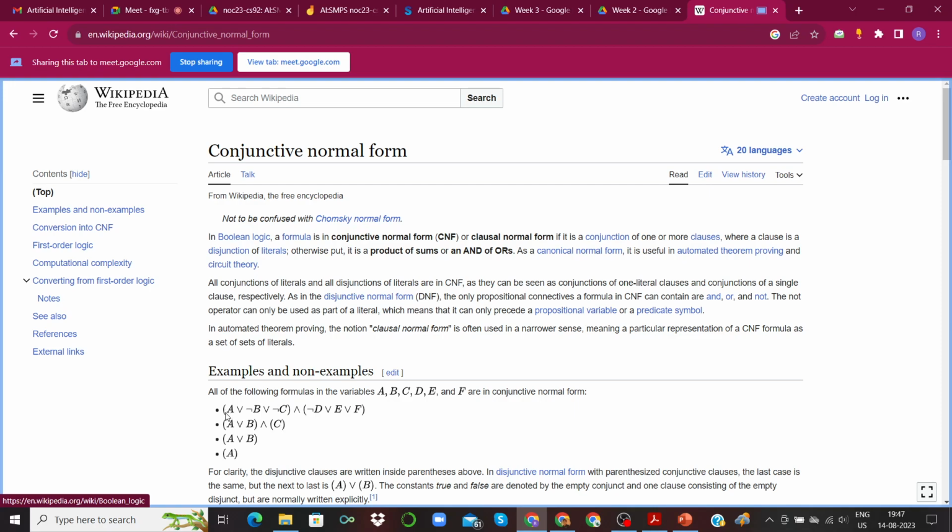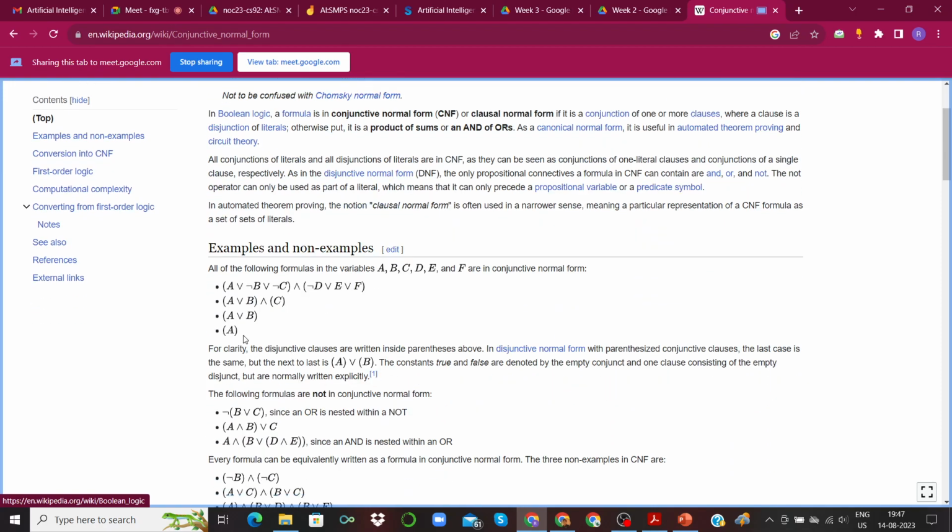Those variables can be a variable v itself or a not of that variable. So these are some examples. For each of them you will see that there is an and connecting two small brackets, and the variables within these small brackets are connected by an or. This is how a conjunctive normal form is defined.